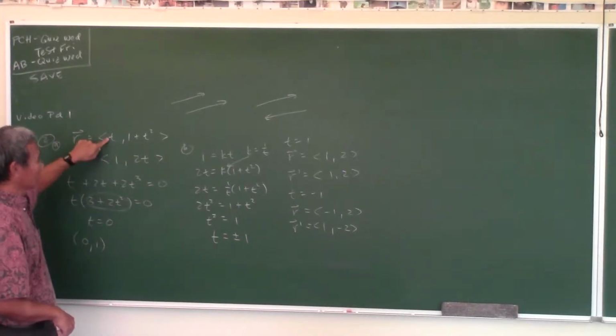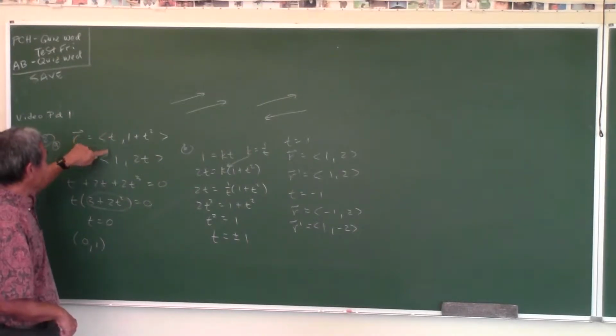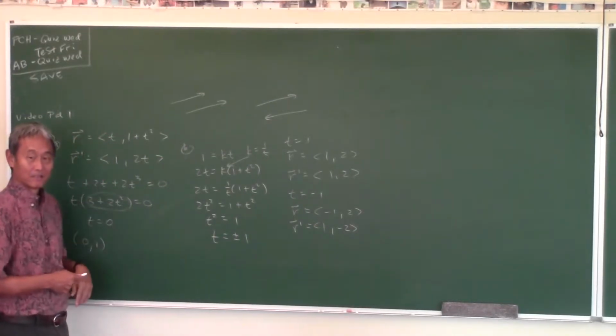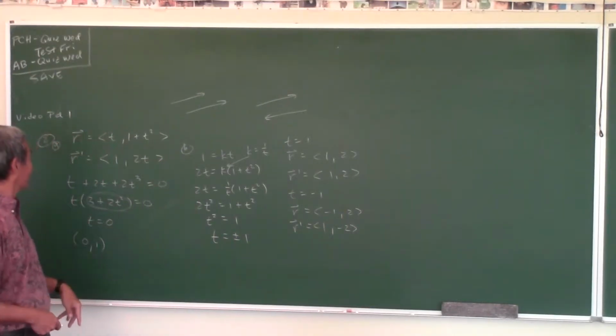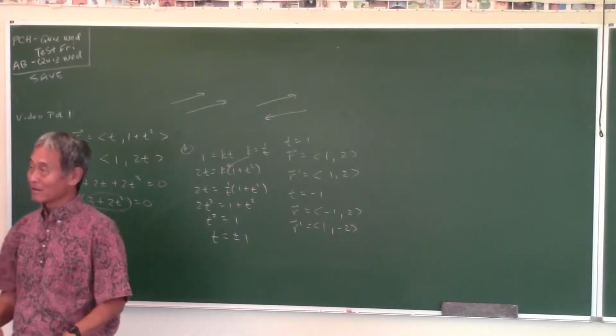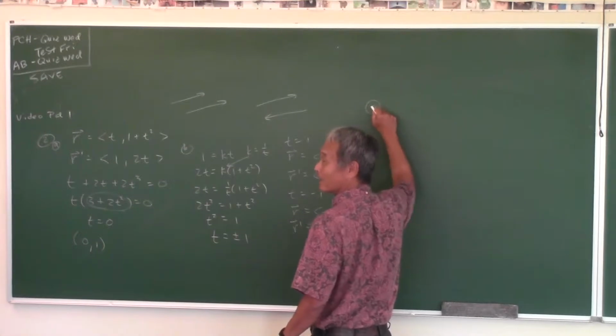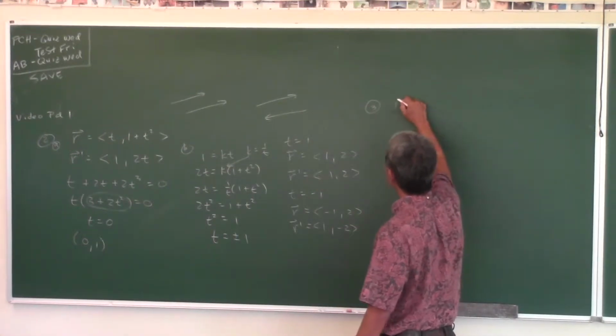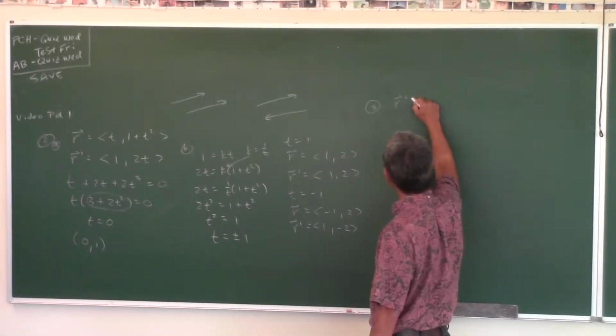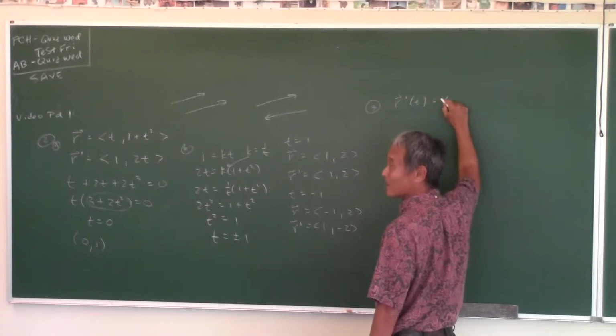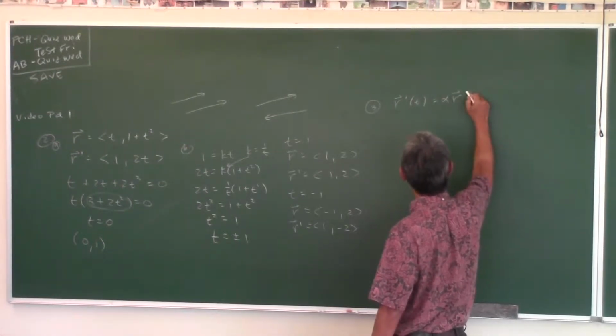This has to equal a constant times that, or you could have put it the other way, it doesn't matter. One has to be a multiple of the other. Number 3. Now, look at this. R prime, this is the key right here. R prime of t is equal to a constant times